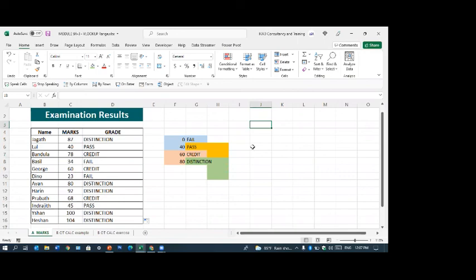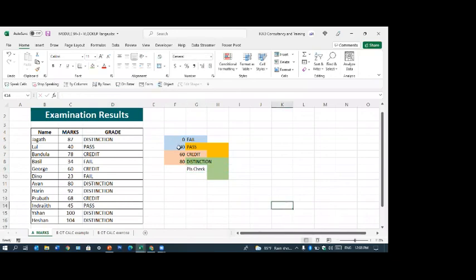Then now here's another issue. Let's say, look at this. Accidentally, somebody has typed 104. They are given distinction. Maybe this could be 14 or 10. We don't know. Actually, this should come with an error here. Or please check or some message. So the message will come here. Right? Let's say, please check.